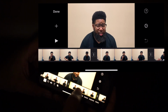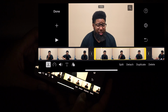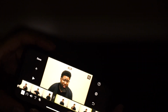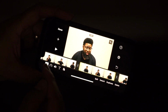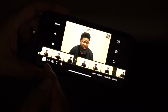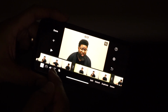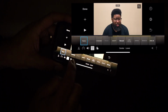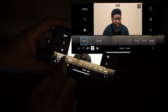So I tap that. Notice I tap it, split, detach, duplicate, and delete pops up. But look over here to your left. All of these options pop up. You see the scissors, the speedometer, the volume sound, and this T, which means text. So I'm going to hit text. Right now it says none. I'm going to hit that second one